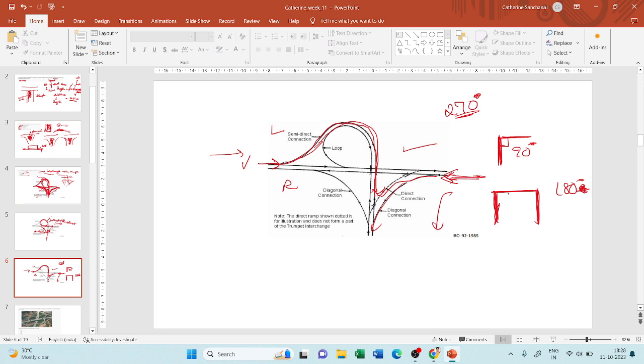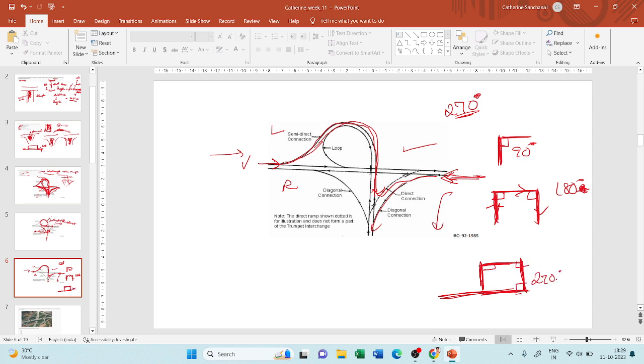Because I'm traveling back in the same direction. 90 here, again 90 here, 180. Now what is 270? I'm traveling in this direction, I make a right turn, I'm traveling in this direction, and then I'm traveling again here. So 90 plus 90 plus 90 will give me